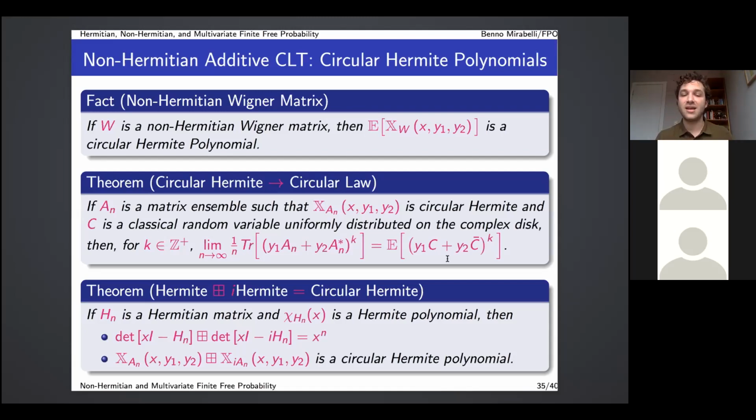And analogous to that, if we take our equivalent to a semicircle object, which is a Hermitian matrix with eigenvalues on the roots of a Hermite polynomial, and take i times an identical matrix, or a similar matrix with those same properties, and take their finite free convolution with non-Hermitian characteristic polynomials, we get a circular Hermite polynomial. But if we just did that with the classic characteristic polynomial, all we would end up getting is this constant polynomial x to the n, which is just telling us that all the eigenvalues, as we had on this slide, are going to 0. But the circular Hermite polynomial tells you everything about those higher numerical ranges as well.